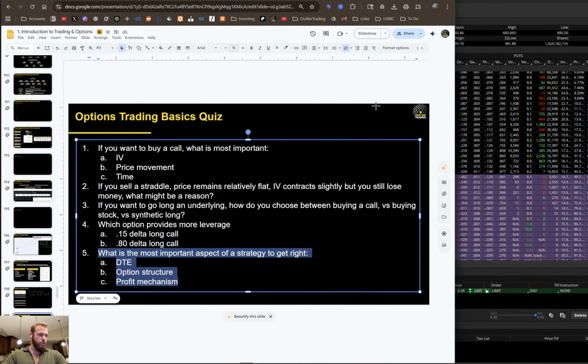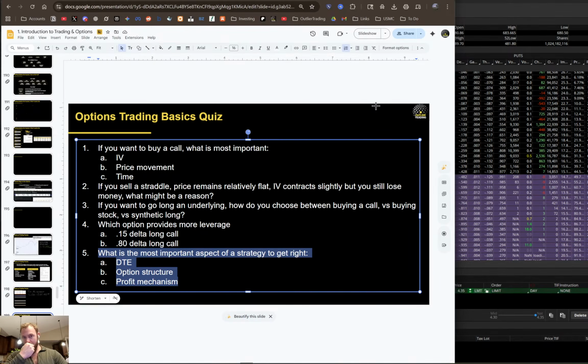I see 1 vote for C, 2 votes for C. Any other votes? I see another one for C. Good. Does anybody think something other than C? Kirk says B. Kirk, can you explain why you think it's B? Mamba says C. Good. So the answer here by far is C.